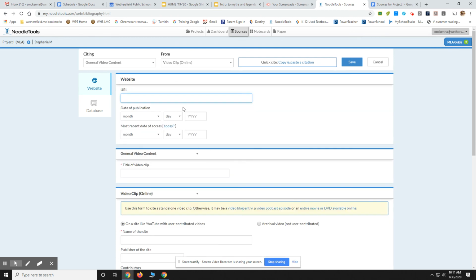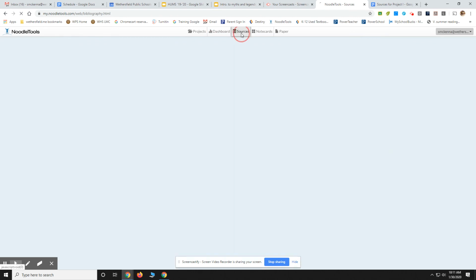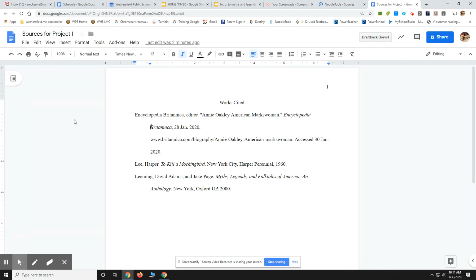So these are all sources that you can definitely use. So make sure you use the NoodleTools to create a nice, beautiful works cited page. You need to give credit where credit's deserved. And if you used information from somewhere